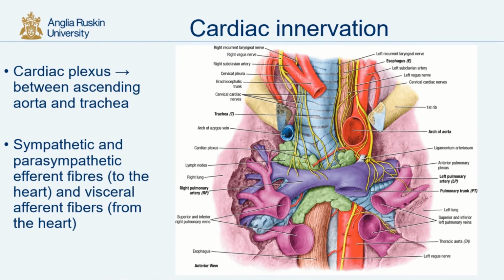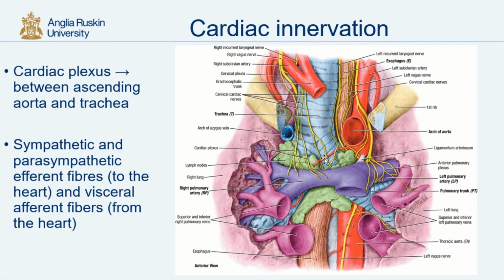Now, the heart receives its autonomic innervation via a plexus of nerves, which is called the cardiac plexus. In the figure over here, see the sternum has been removed and the heart has been removed as well. You can see the arch of the aorta continuing down as a descending aorta, while the ascending part of the aorta has been removed so that you can see the trachea and its bifurcation very clearly. The cardiac plexus is situated over here between the trachea at the back and the ascending part of the aorta